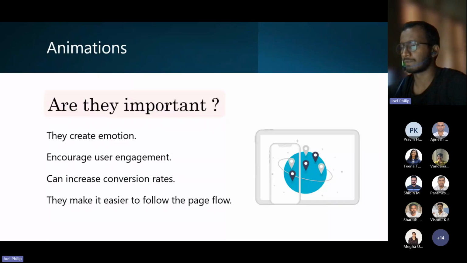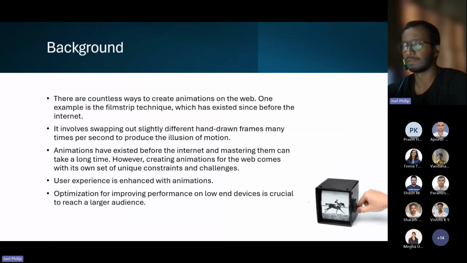And if users are able to follow the page flow, then the business is able to succeed in presenting the idea across. So, how the website is designed and how the animations are implemented affect the turnover for every business. So, when we are taking a look at the background,